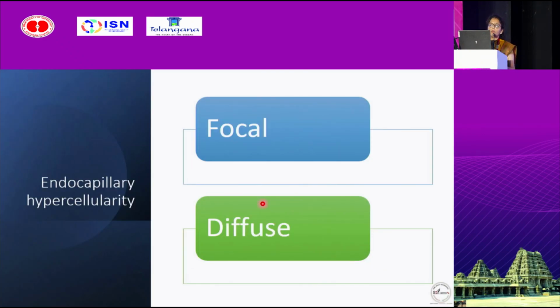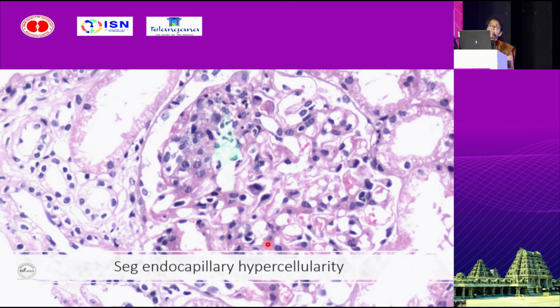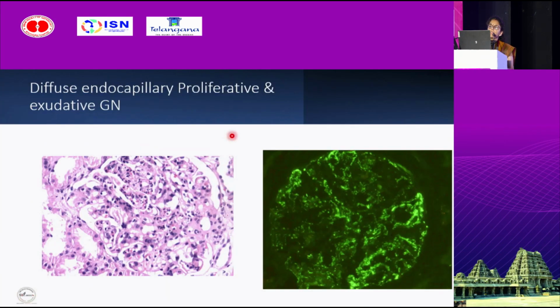So now coming to endocapillary hypercellularity, it can be focal or diffuse. Focal meaning less than 50% of the glomeruli involved, and diffuse more than 50% of glomeruli involved. When a portion of a glomerulus is involved, that becomes segmental, and this is focal segmental hypercellularity. Look at the other capillary lumina, they are white, patent, and here we can see some activity. There is endocapillary hypercellularity along with karyorrhectic debris, and these angulated trilobed neutrophils are there. So this was a case of class 3 lupus.